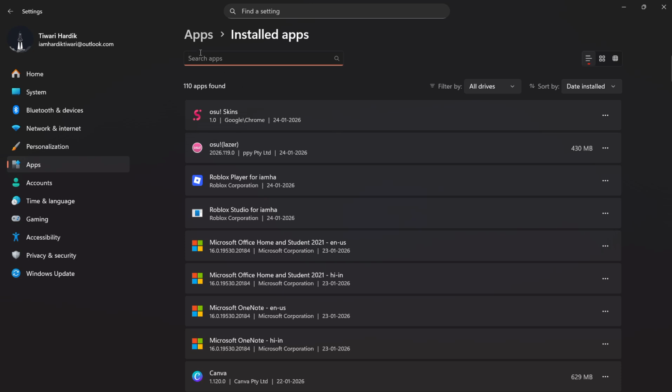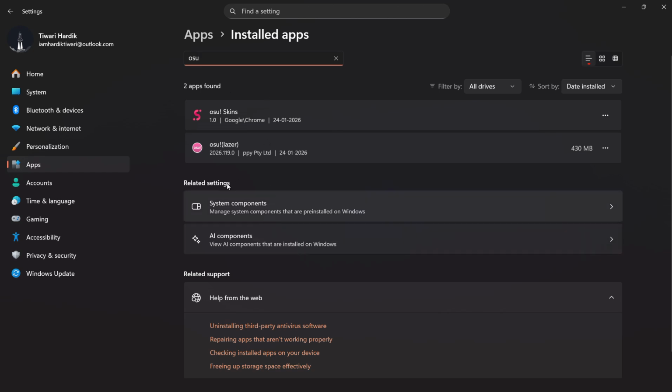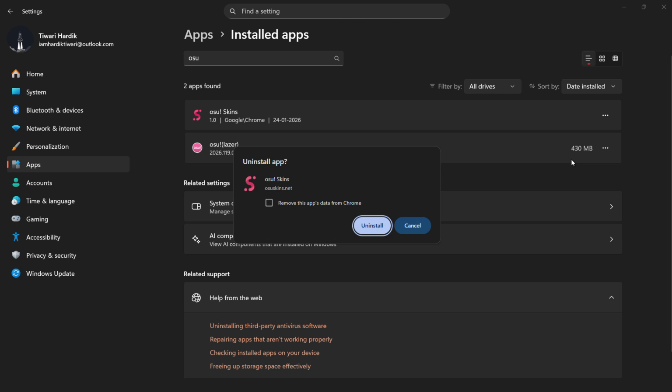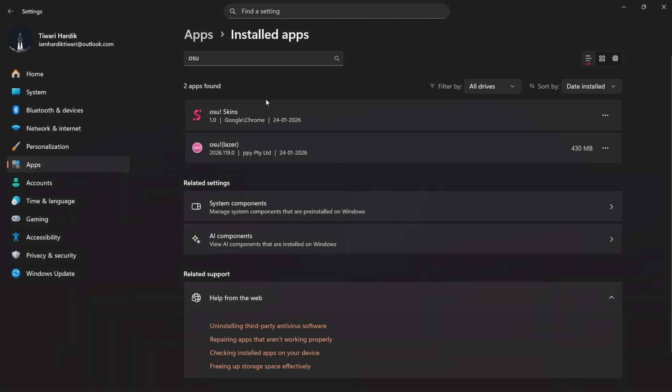all of its dependencies. So in order to make things easier, you can simply type in osu and it will show you all of the skin packs or any other packs that you have in related to osu. So from here, in order to uninstall this, simply click on these three dots and click on uninstall, and then again click on uninstall. Now you can also remove the data from the Chrome as well, as it is a